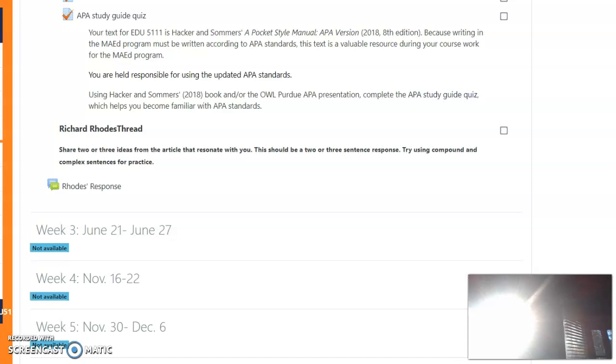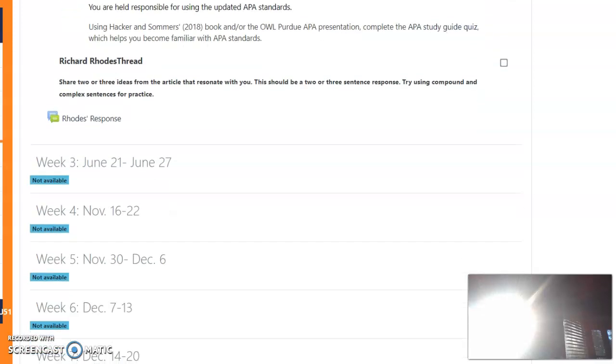We do have an optional Zoom meeting Thursday at 6 o'clock. You can pop in just to say hi, or connect with your classmates or me, or bring any questions you have. In the meantime, you can always text, call, or email me. I can also set up an earlier Zoom meeting, a private one for you if you want. So lots of different ways to get a hold of me.